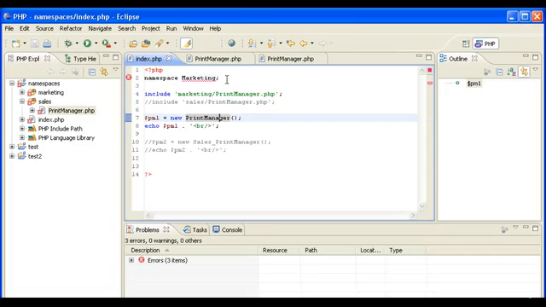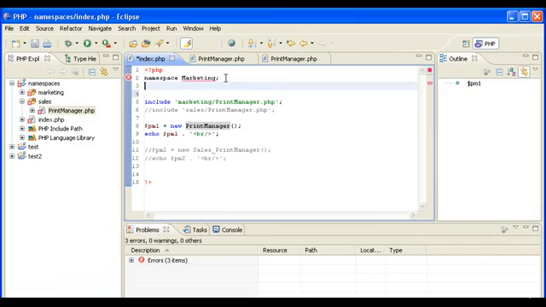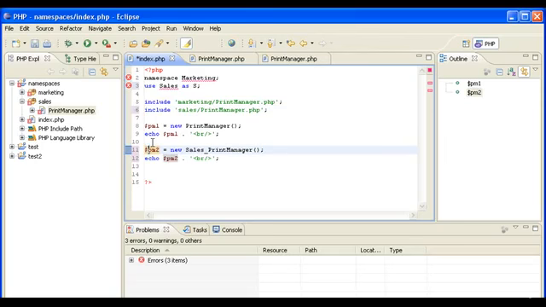Now, since this file is in the namespace marketing, we can say, while we're in this namespace, use the namespace sales as, and give it a very short name, S. Of course we have to still include the file. When we want to use this, all we have to do is say, and watch this syntax, S\print manager. Eclipse also has a problem with that, but don't worry about it. Just wait until the next version of Eclipse PDT. So now when we run this,